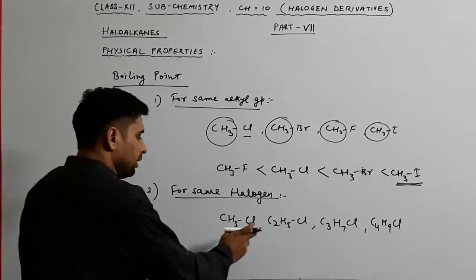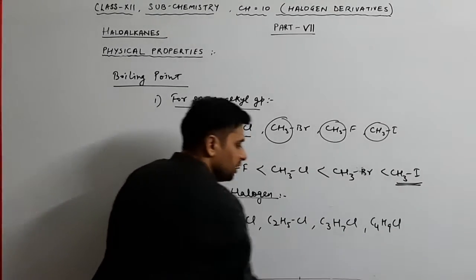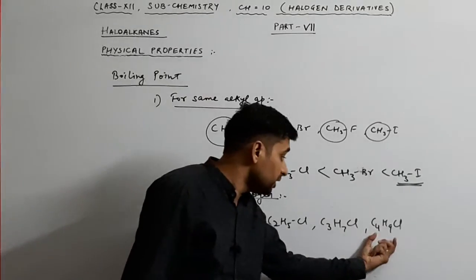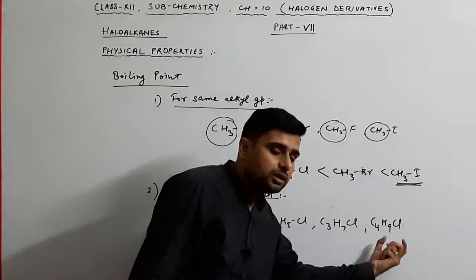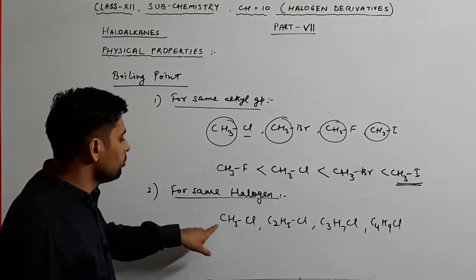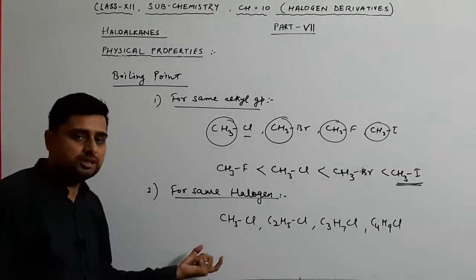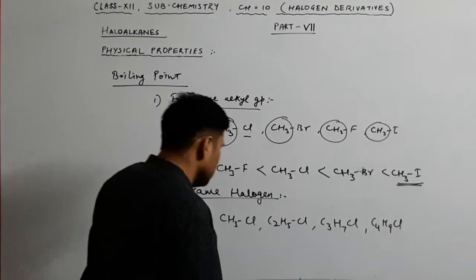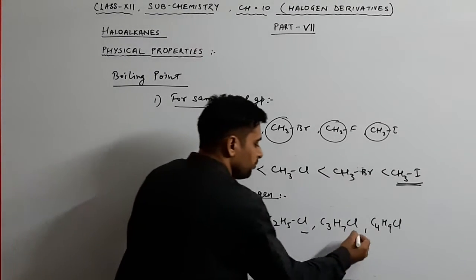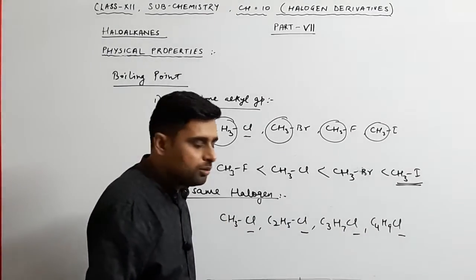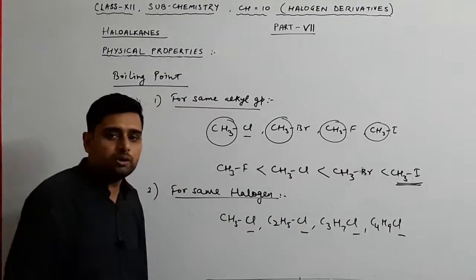Here the halogen atom is same. इन चारों कंपाउंड में हम हाइड्रोजन एटम क्या रख रहे हैं? क्लोरीन रख रहे हैं, but the carbon atom increases. So what will be the boiling point of these compounds and what will be the order of the boiling point in these compounds? See students, if the halogen atoms are same, then on increasing the number of carbon atoms, boiling point also